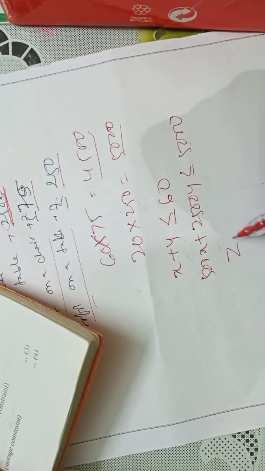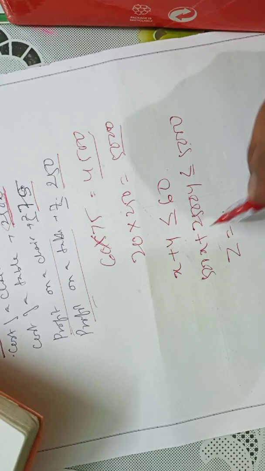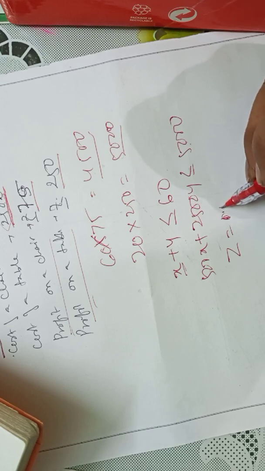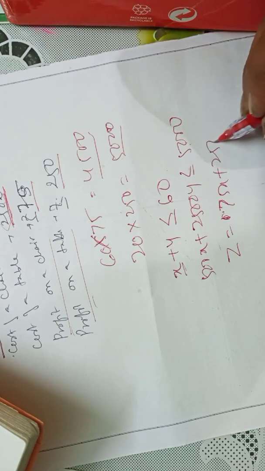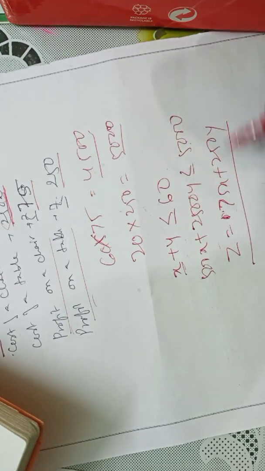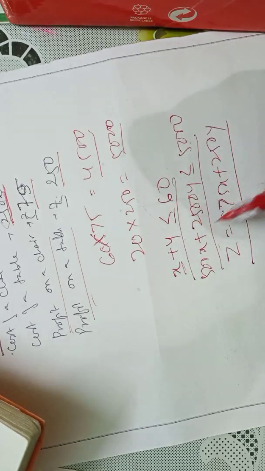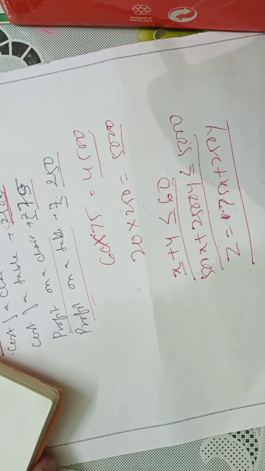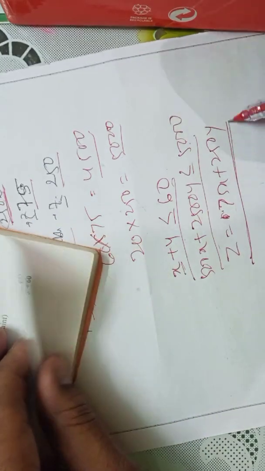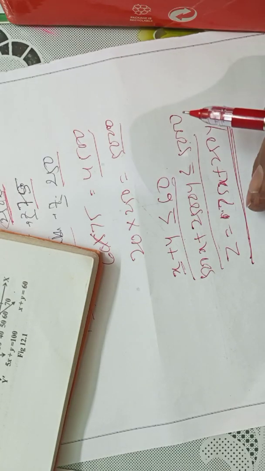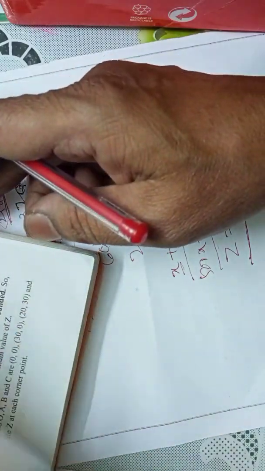Here also the profit function will be 75x plus 250y. This you need not do, because the problem will give this, and you have to find the maximum or minimum value. This is called the objective function, where you get the maximum or minimum. Okay, so only 12.1 is in your portion.